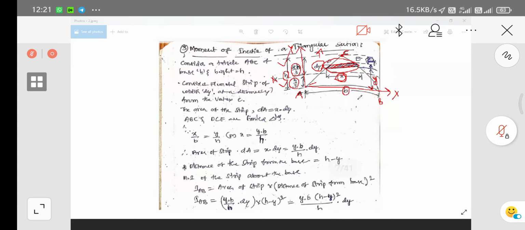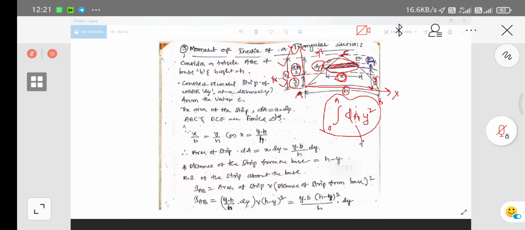Now we are having, so then go for finding out the first step. What is the first step actually? How much differential elemental area we are having, that is the first step. Why? Because in order to find out the moment of inertia about any axis, we have to get the differential elemental area and also the perpendicular distance from the axis. So this is actually the moment of inertia definition.